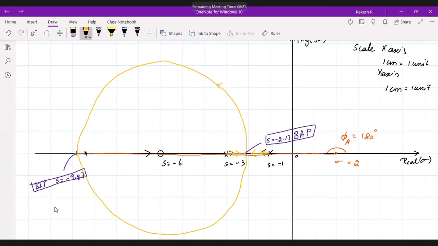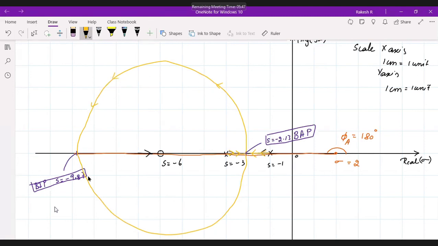Sir, but we don't know how high the root is going to travel, no, sir. We don't know that one. It's a rough sketch. If you want to do that one, you need to start taking the value of k as 1, 2, 3, etc. For that, you need to find out the roots. S is equal to some values you'll be getting. We need to find the roots for k is equal to 0, 1, 2, 3, etc. So you will be having these things like this.